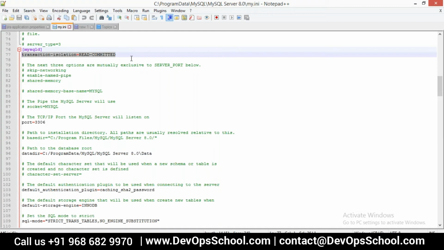What it is doing is that whenever Confluence is reading from the MySQL we are trying to use, it should always be a read committed. So when you are reading a particular row, it should not be modified by anyone. It has been locked, basically. Okay.